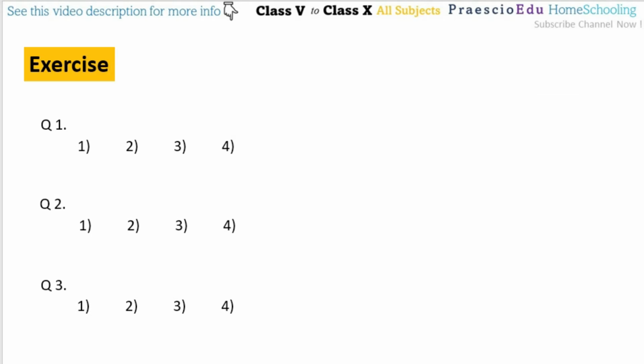Now the questions in the exercise. On the next page, number 286, we are going to see question number 1. 4 dozen plus 3 gross is equal to how many dozen? As we know, 4 dozen is already mentioned, and asking about the dozen, so we will keep it the same. Now 3 gross we have to convert into dozen. As we know, 1 gross is equal to 12 dozen, so 3 multiplied by 12 dozen, it's 36 dozen. Now 4 dozen plus this 36 dozen, it's 40 dozen.